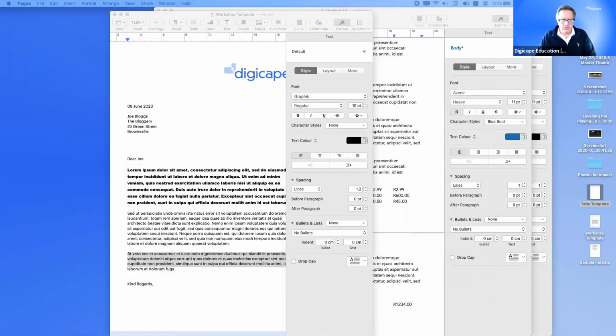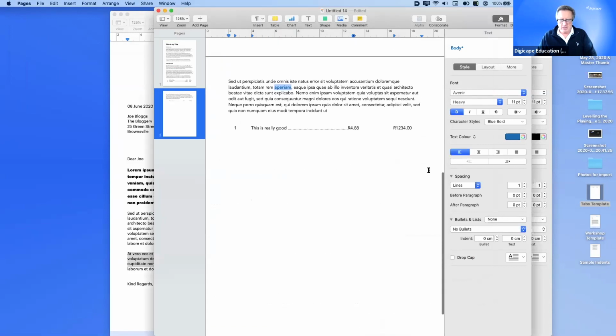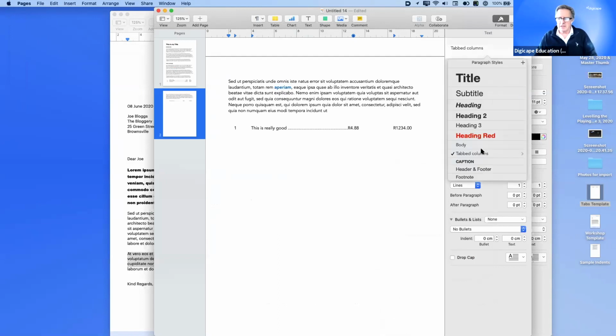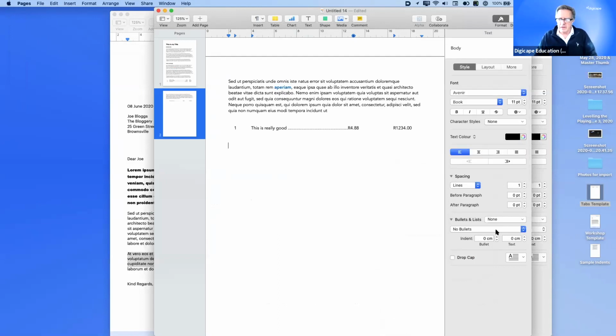So if I wanted to go back to this dummy document that I'm working on, and just have, say, a normal body style, I could say, okay, I want to use a note-taking list. And you see the indent over there. So this could be, say, the parent text. And if I hit return, it's exactly the same line, but if I hit tab, I now have a bullet point,